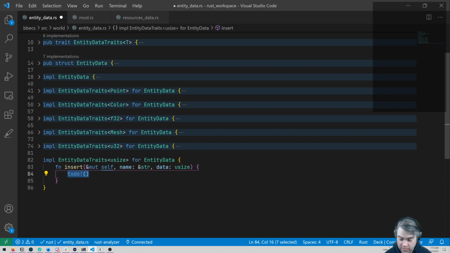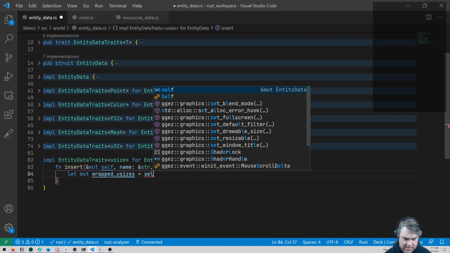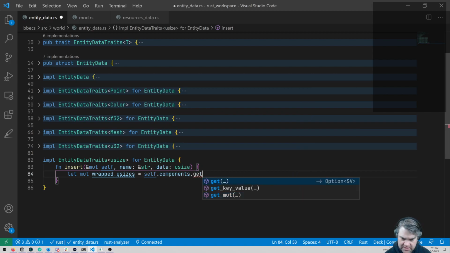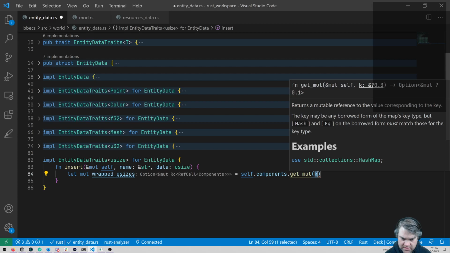Okay, so insert. What are we doing here? We're inserting into it, so we need to find a thing. So let wrapped usizes equal self dot components dot get mut.